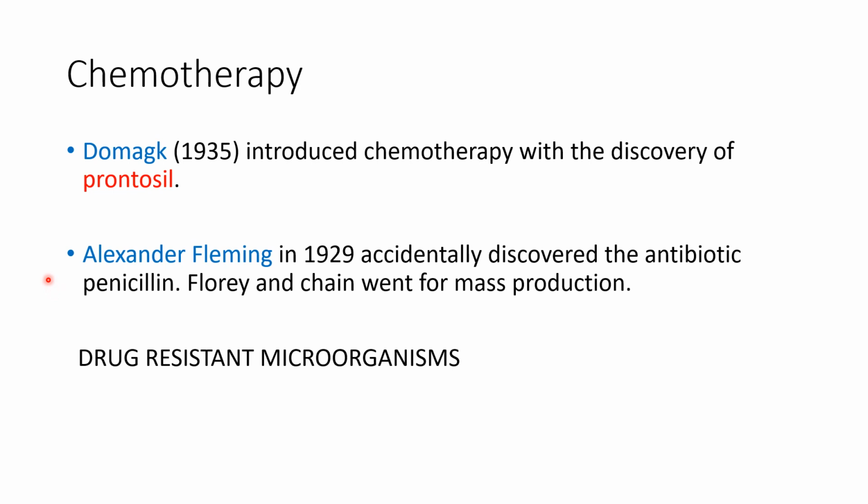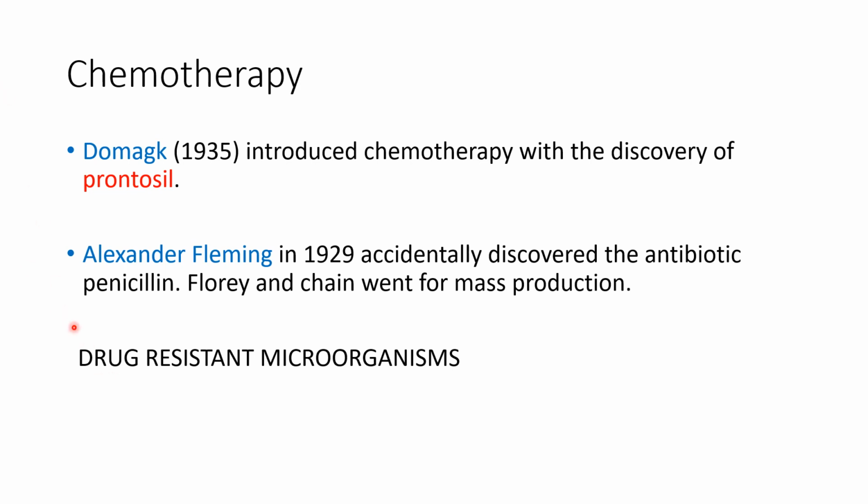And not only that, after these two important efforts, many other people started extracting chemicals from different sources and started using them against different types of organisms or pathogens. So the concept of chemotherapy was very much in vogue during the middle of the 20th century. But when we are advancing, do you think the microorganisms are going to keep quiet? No. They also started evolving. They also started tackling the problems that they face, and that is by means of